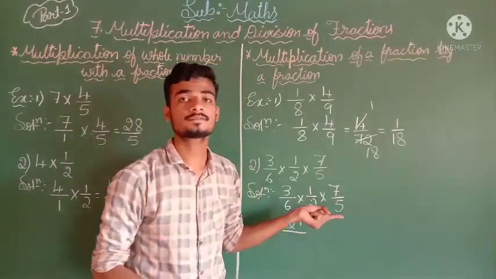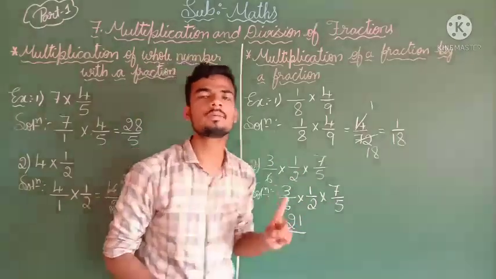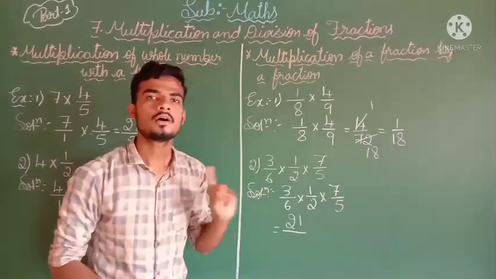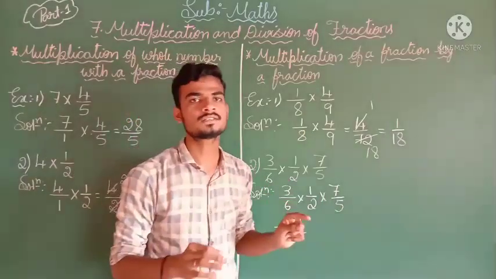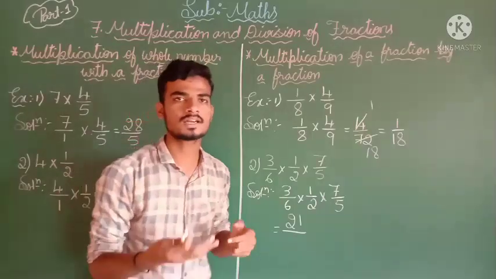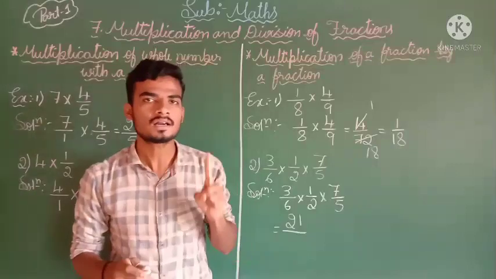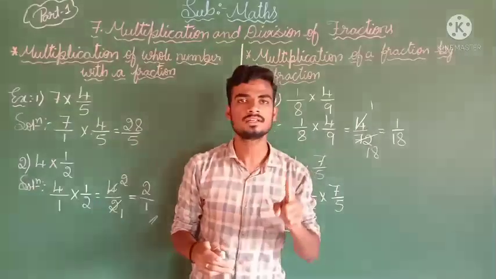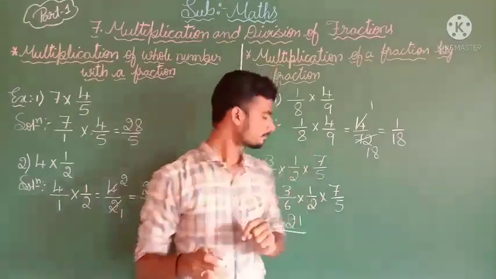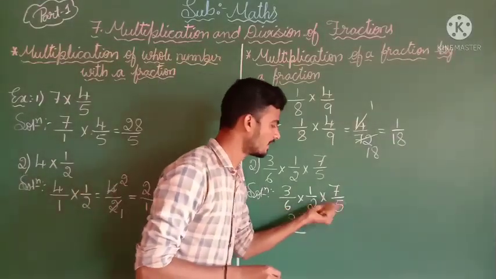Dear students, first you must be perfect with the tables. If you know tables, then only you can solve all types of problems. If you don't know tables, you will feel difficulty solving the problems and you will not understand what I am telling. So I hope everyone is learning the tables 2 to 20 daily. Then 6 2s are 12, 12 5s are 60.